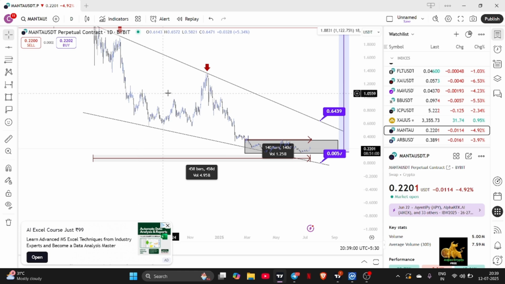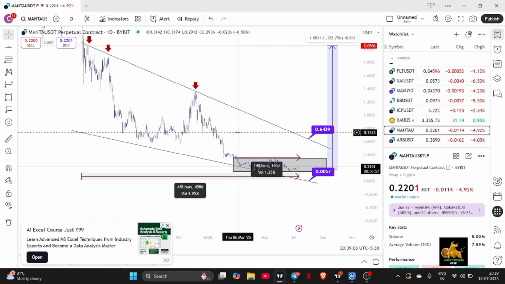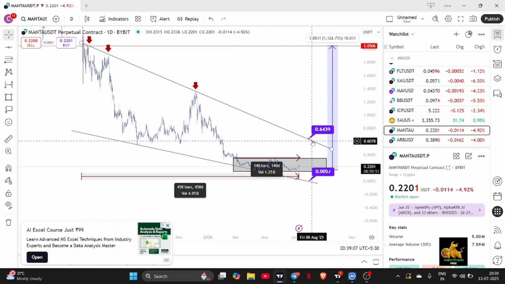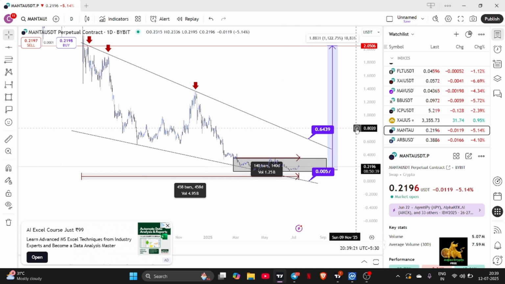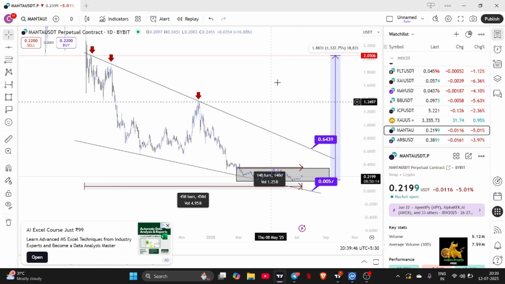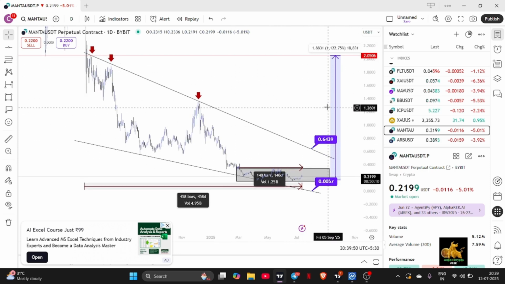Okay, so let's talk about Manta. If Manta breaks out here, you can see Manta's falling wedge next resistance level is around $0.6439 range, and our next support range is 0.0057 range. But USDT dominance is forming a bearish pattern and dumped hard, and Bitcoin dominance is also falling. So Manta is going to first retest its resistance level around $0.6439 range, and once it breaks out this $0.6439 range, we are going to see Manta directly pump around $2.05 range,